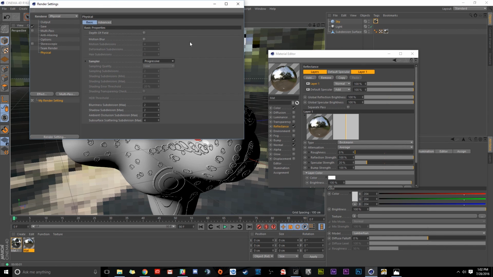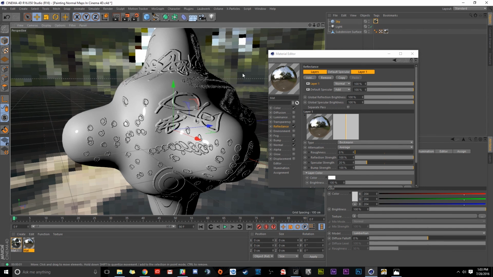Just for me, because I like that better. I prefer progressive physical render over the standard. But to do that, all you do is set this to physical here, and then click physical, and then set this to progressive. And now when we render,